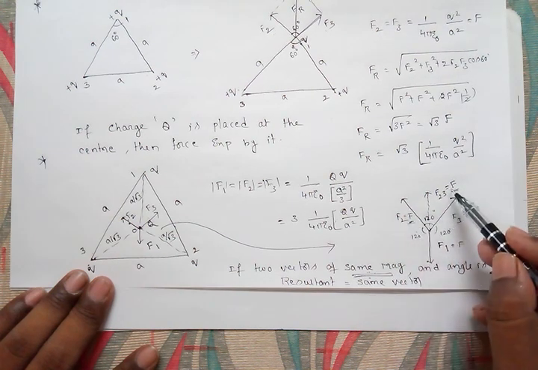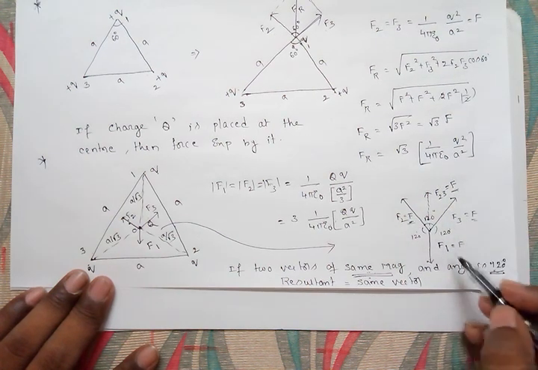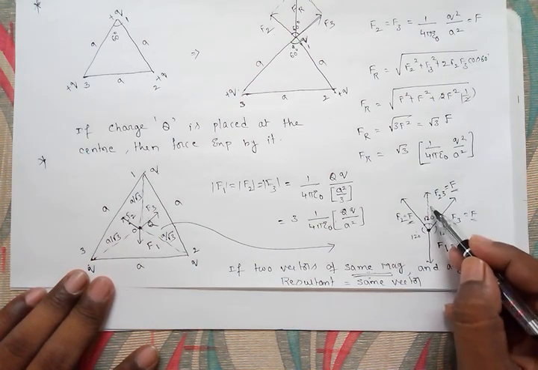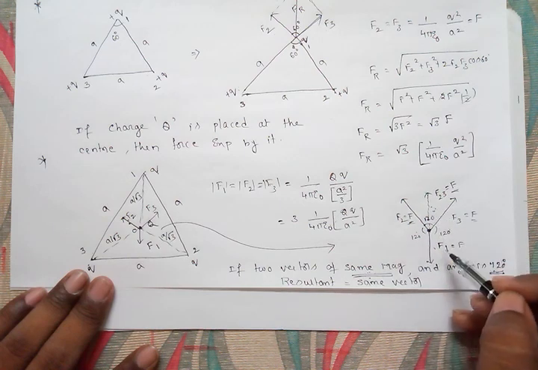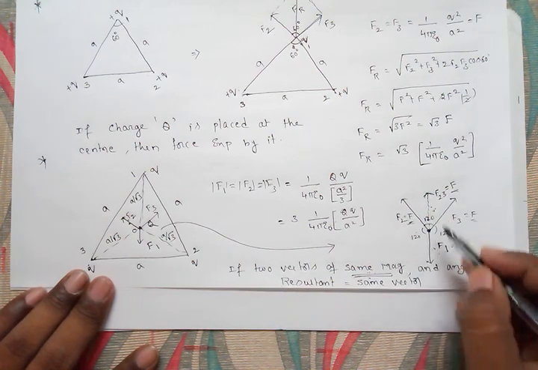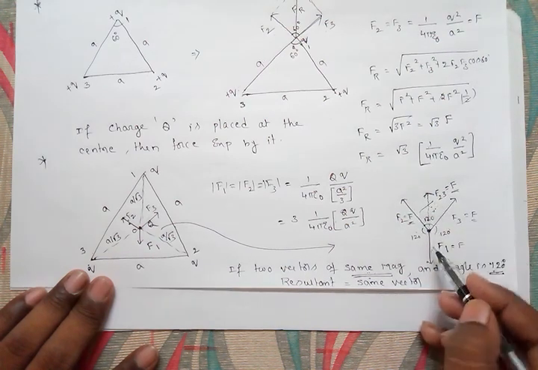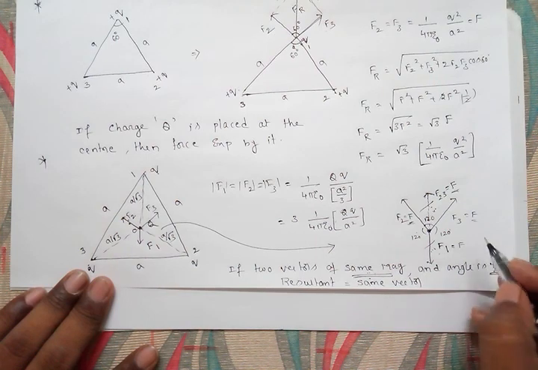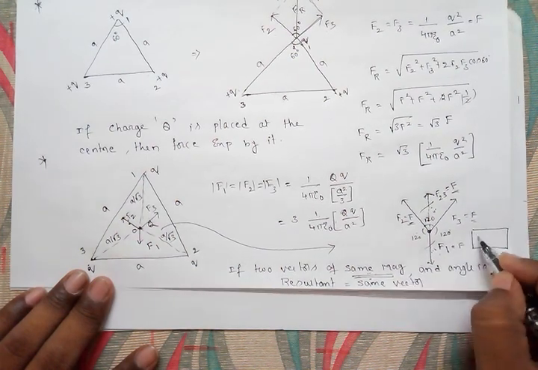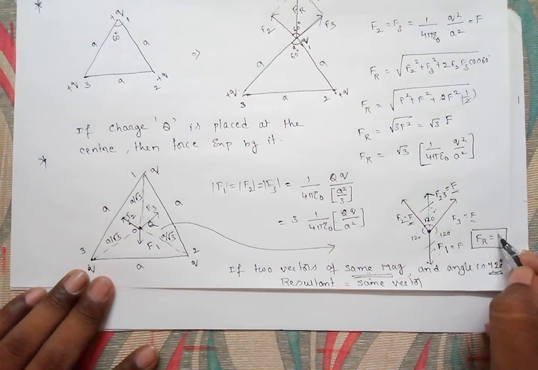Now the resultant of these two vectors is F in this direction, and F1 is along the downward direction. Then you have observed two forces equal in magnitude and opposite in direction. These two forces equal in magnitude and opposite in direction will get nullified. Then the resultant force Fr becomes 0.